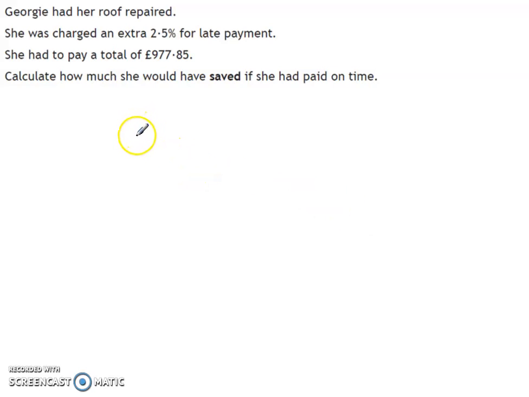What we have to do is start by figuring out what percent we now have. Well, if we look at this, we know she's been charged an extra 2.5% for late payment. So we know we've got the original 100% and we've been charged extra, so we've added on 2.5%. So now we have the equivalent of 102.5%. That's the percentage we have. Now we know that that is equal to the